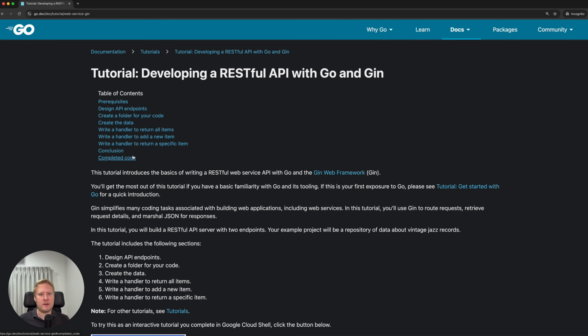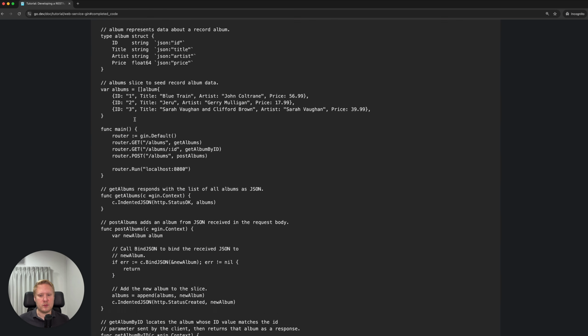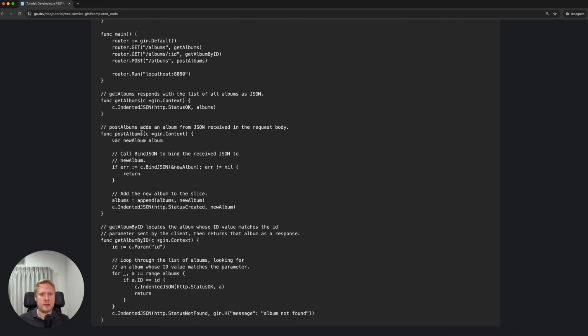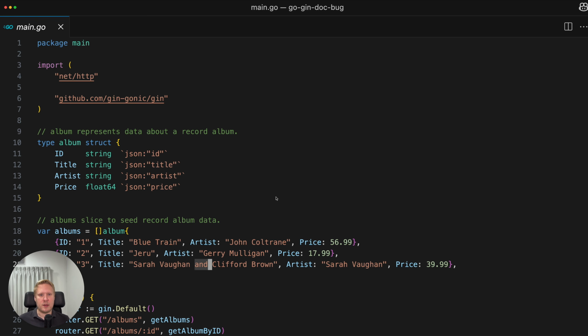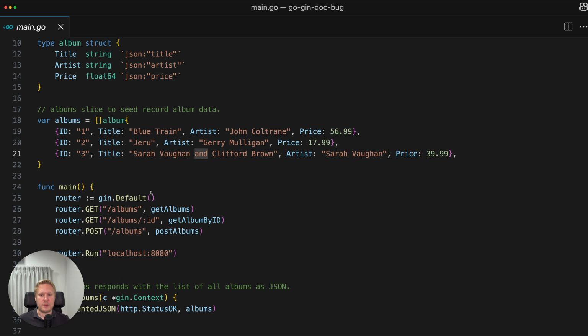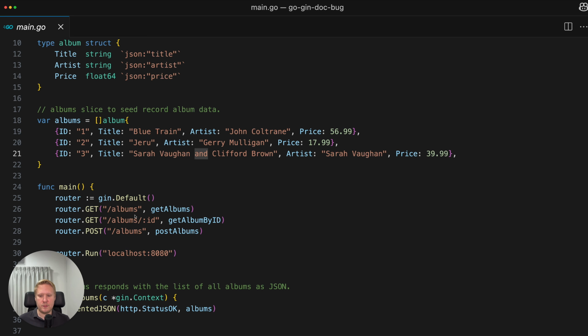If we click here on the completed code, we can see the full source code for this tutorial. And it's not that many rows. So what I've done is I copied the code and created a local project from it. Here inside my code editor, I have the exact same example. And we can see there are 3 routes. One route to get all the albums, one route to get a specific album, and then there's a route to